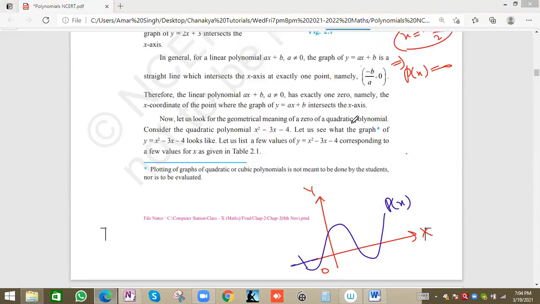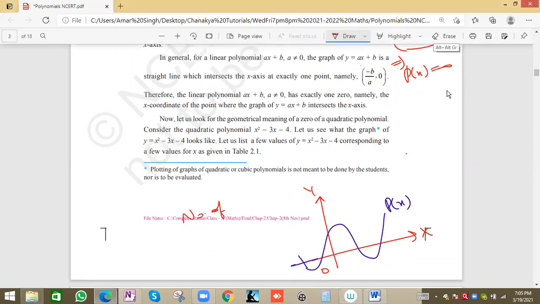So I request especially new joinees, those who have recently joined, like Abhinav, then Xavier also, to answer these questions specifically. What will be the answer for this? The number of zeros will be? Sir, 2. Number of zeros are 2. So most of you are saying 2. Any other answer apart from 2?